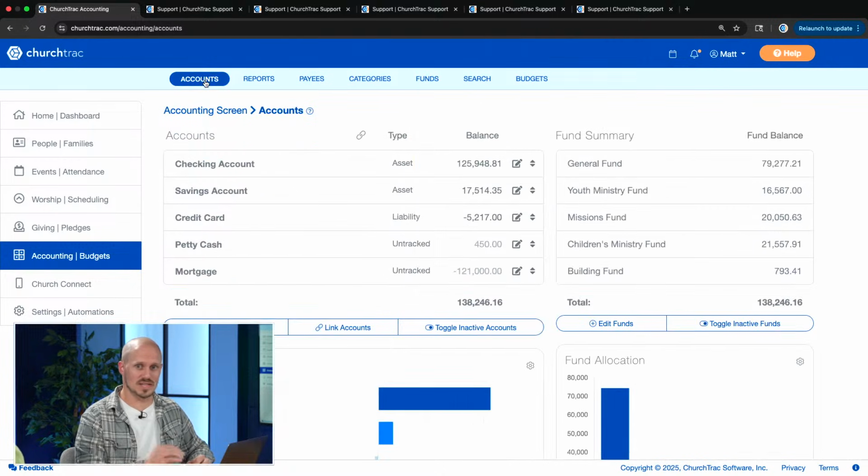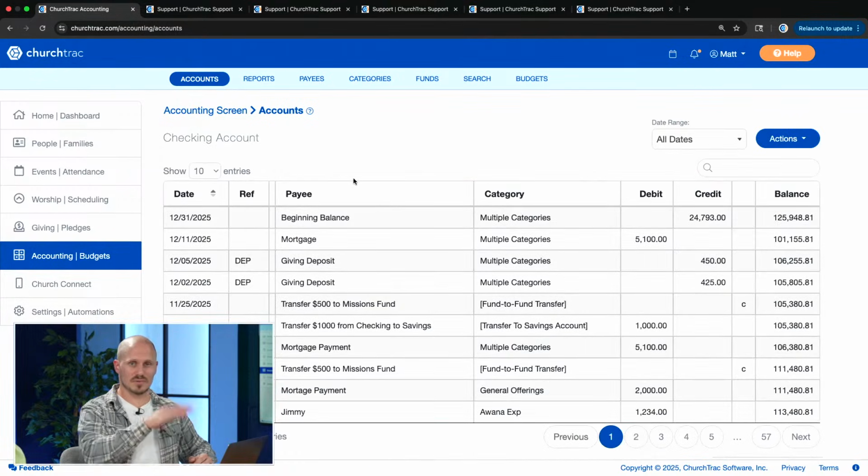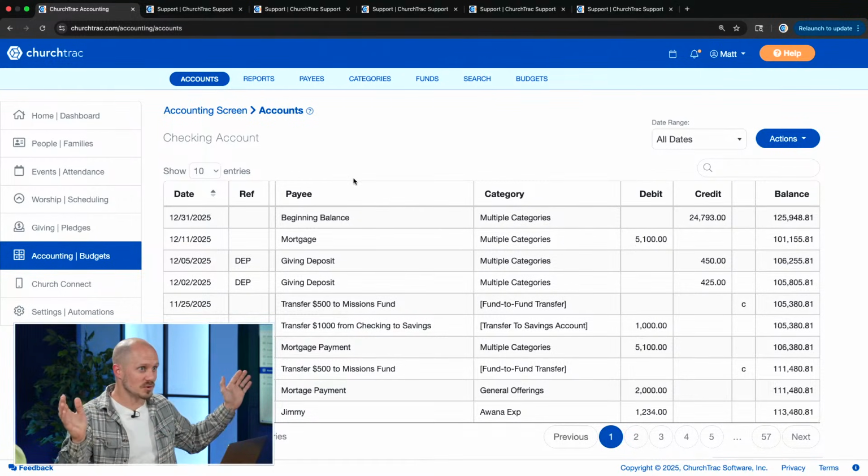You just go to the accounts page and then go into one of your accounts and update a transaction. Because, and we're not going to get too deep into this, your categories have a default fund set so that when you categorize a transaction, our system automatically updates the balance of the fund for you through that connection with the category. So that's how it's simple. Keep it simple. Okay, so let's move on to the next question. This is really important. Is it okay to have temporary funds? Yes.